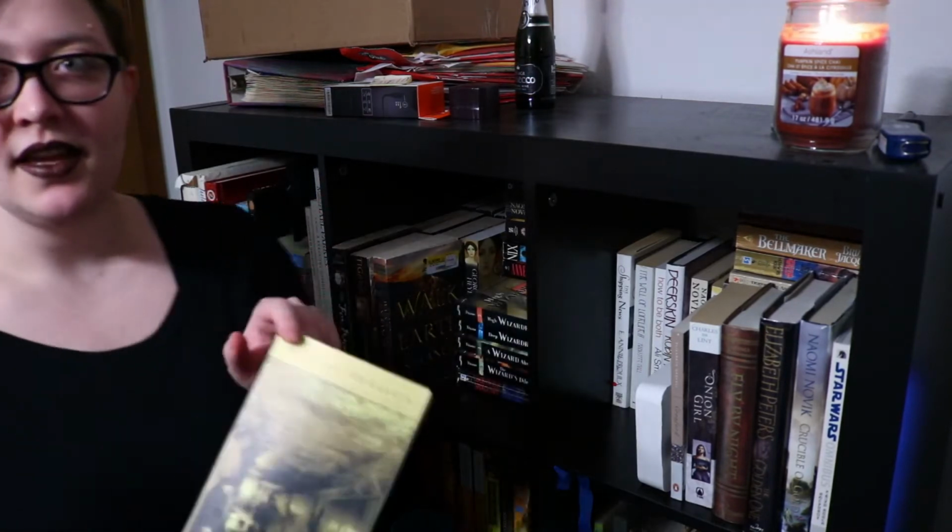That is In the Skin of a Lion by Michael Ondaatje, a dazzling predecessor to his Booker Prize-winning The English Patient, and a novel in which the characters Hannah and Caravaggio appear for the first time. So I don't actually know if this was written before The English Patient, but I think it does take place...